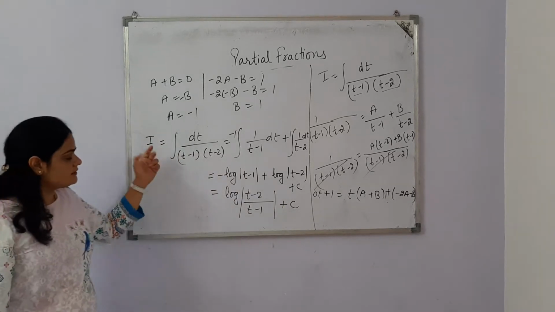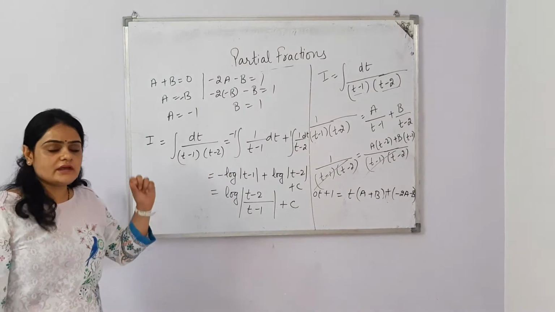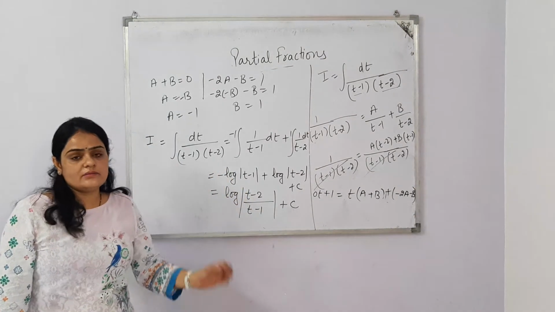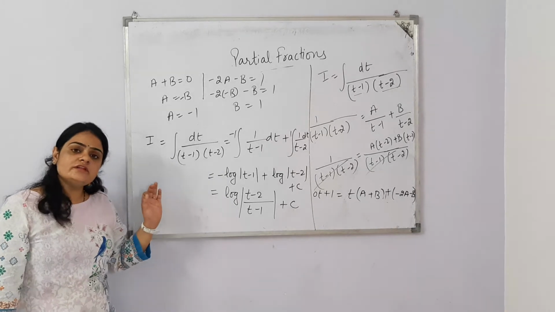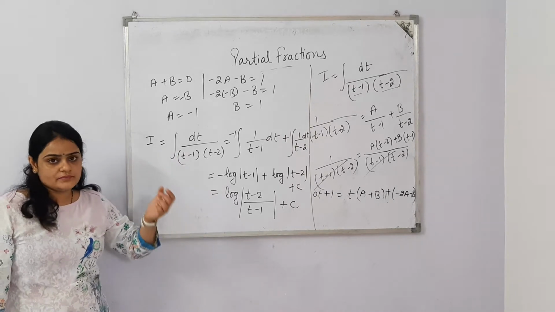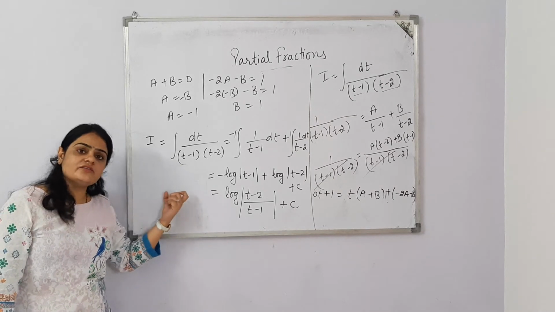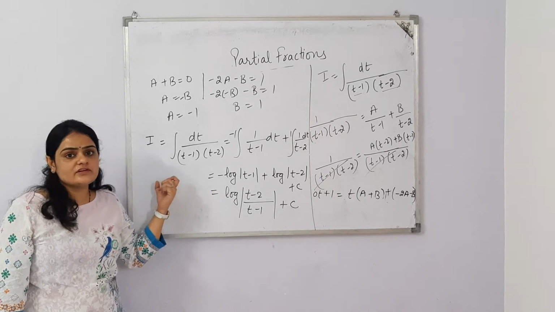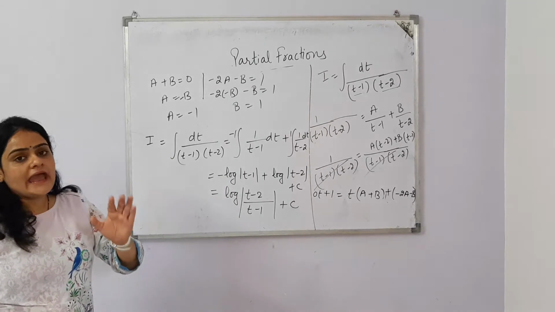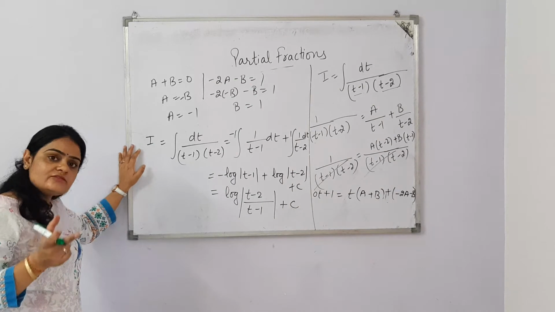Now the function's answer is in variable t, but the given variable was x. It was x, so we need to convert t into x again. Remember this: the variable which is given to us, we need to give the answer in that variable only. Here the variable was x, but actually it was not just x, it was sine of x, because there were trigonometric functions sine x and cos x. So here was a trigonometric function with angle x, so we need to convert this t again into that trigonometric function whose angle will be x.